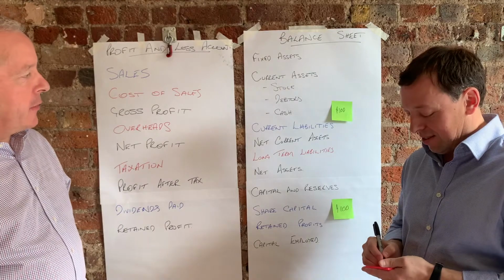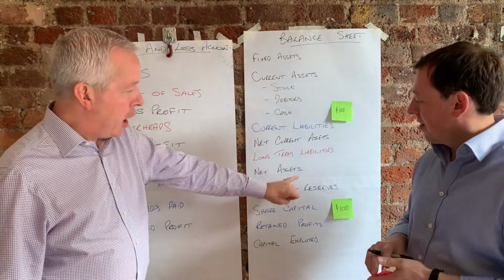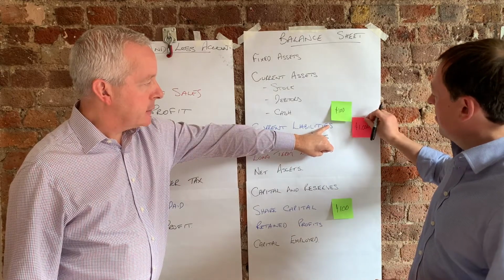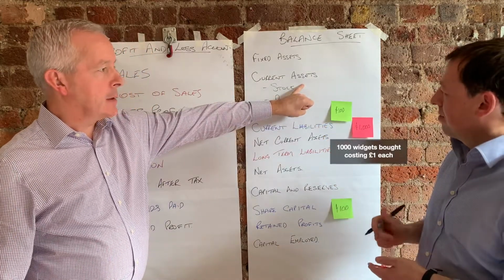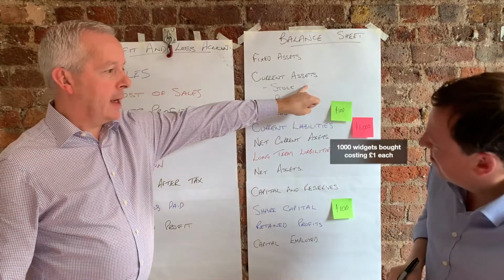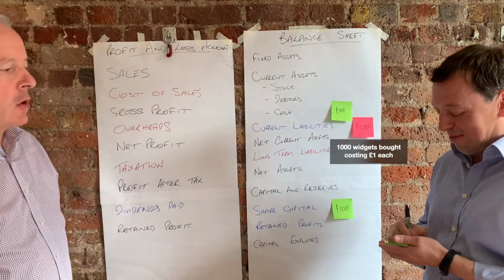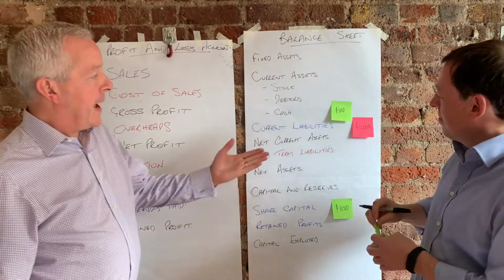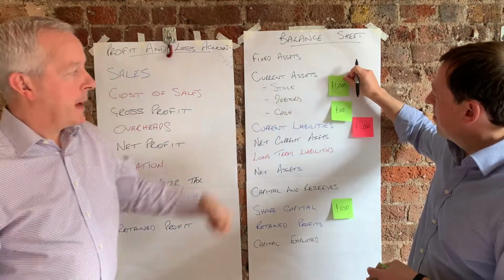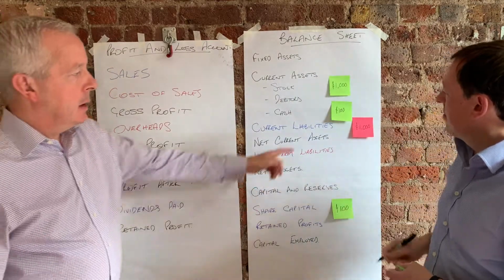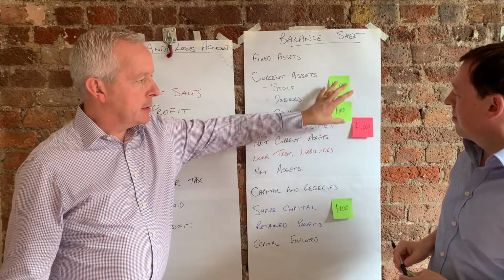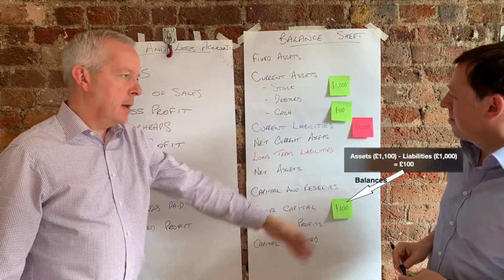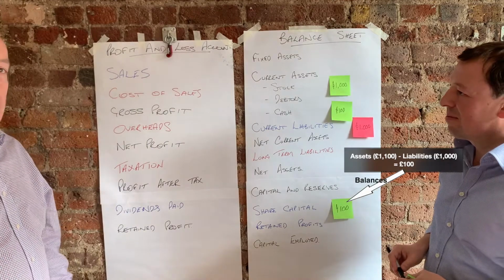So we've now got £1,000 we owe in here as our current liabilities, £1,000, and then we have a green asset because we've then got £1,000 of stock. So as you can see, with that transaction, we've now got £1,100 worth of assets, current assets, but we've got £1,000 of current liabilities. Take one away from the other, leaves us with £100 of net assets, and we've got £100 capital employed. Our balance sheet still